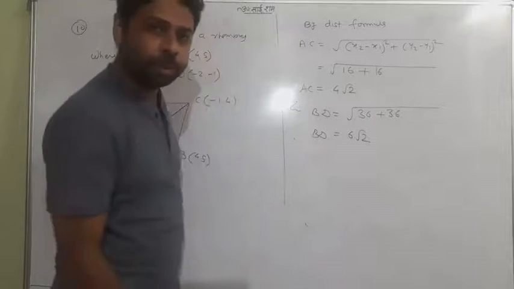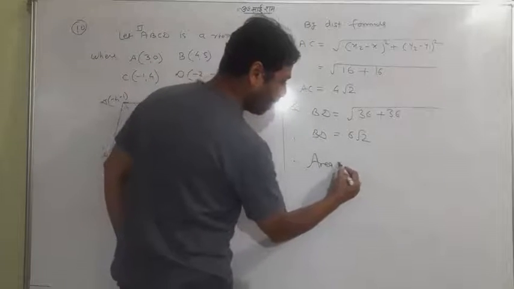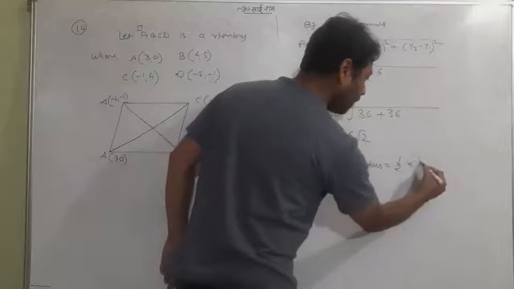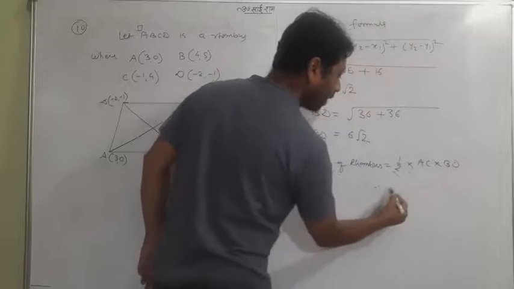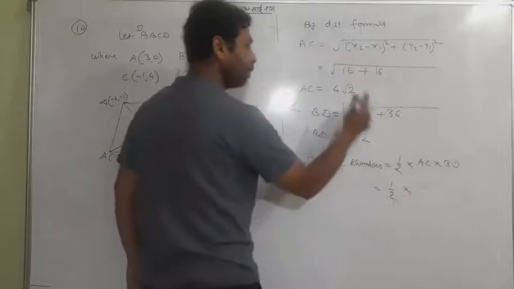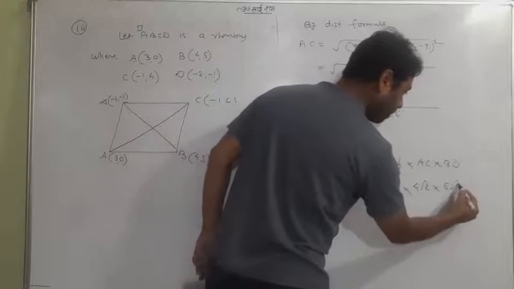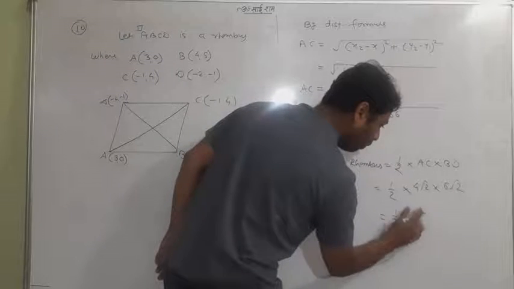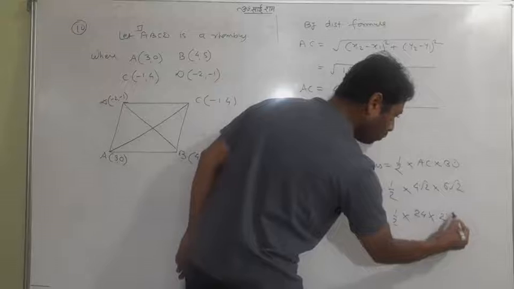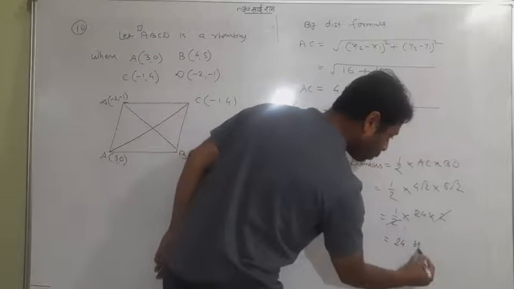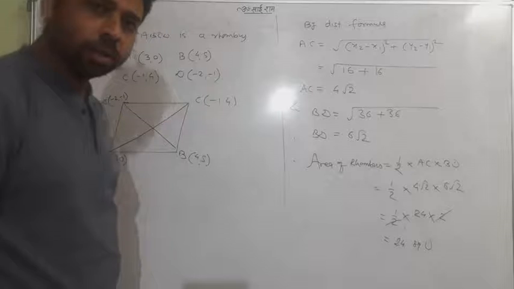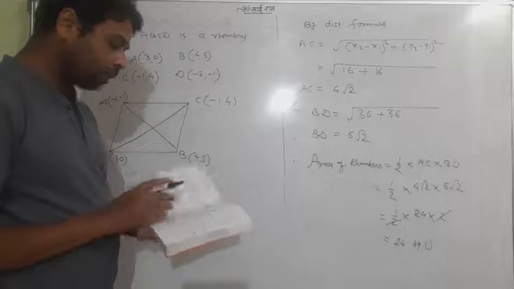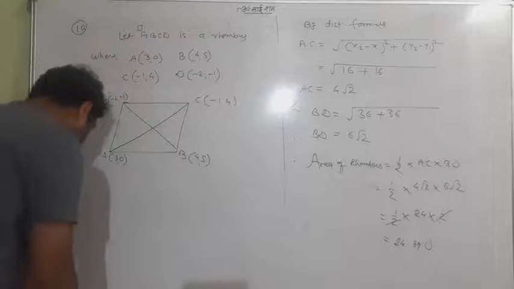Now you have got AC and BD. Now what do you want to find? The area of the rhombus, which is half AC into BD, first diagonal into second diagonal. Use the first diagonal, 4 root 2, and the second diagonal, 6 root 2. So the whole answer is: 4 sixes are 24, into root 2 into root 2 is 2, and 2 and 2 will be cancelled. 24 square units is the answer. This is the area of the rhombus. So this is very easy, not depending on the division concept. Okay, no matter at all.